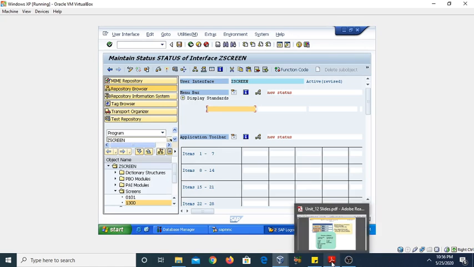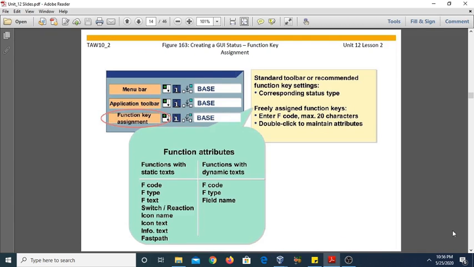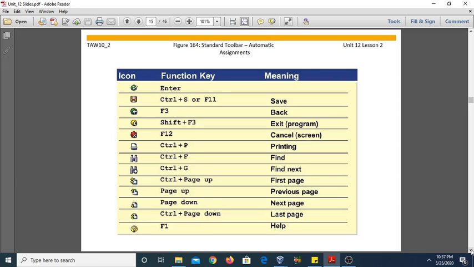Now come to the next topic. These are the standard toolbar automatic assignments. You can see we have a number of function keys. This is the tick mark, that is enter. This is save: control plus S you can use, or F11 directly, or by clicking on this save button you can also save it.